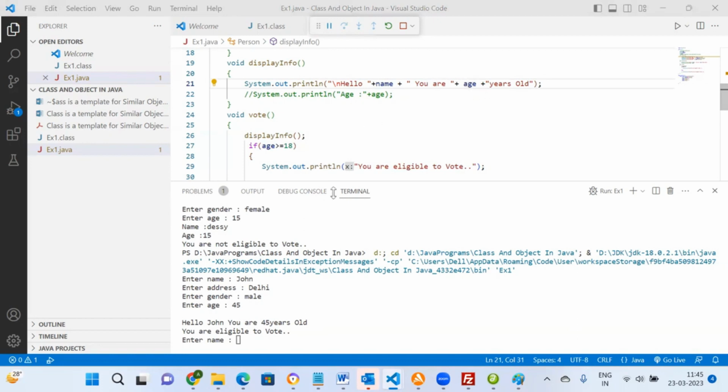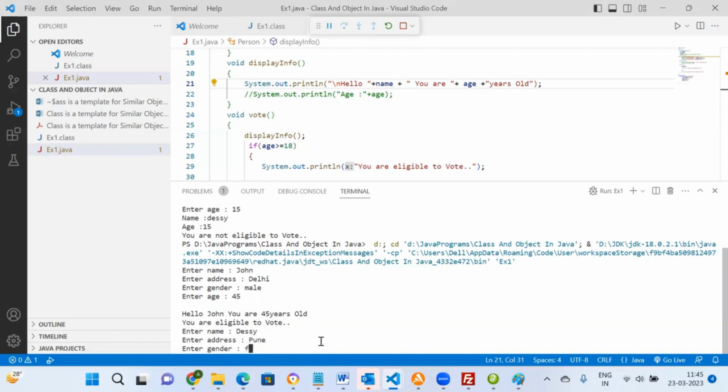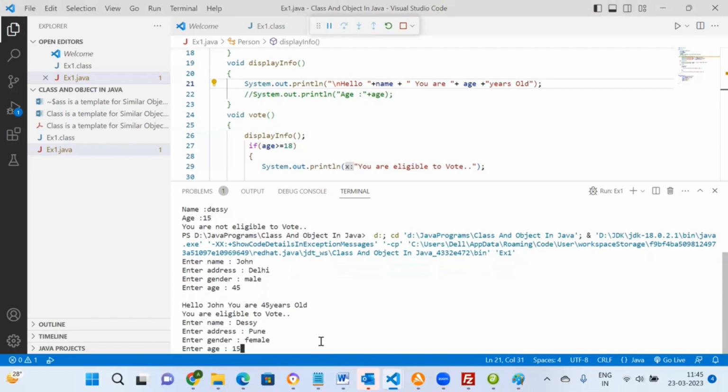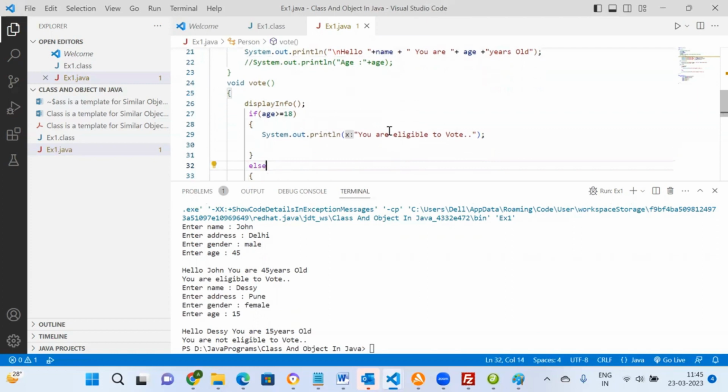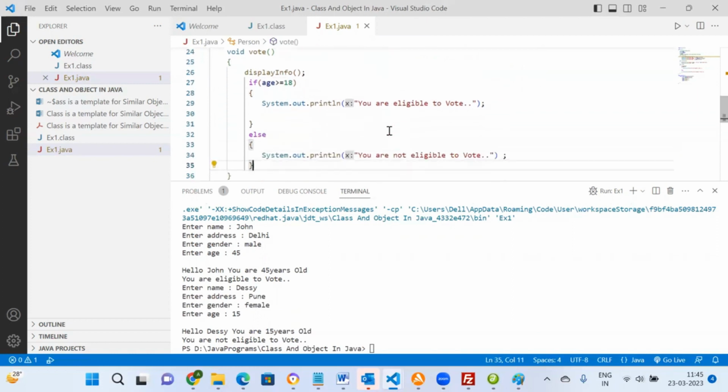यू आर 45 years old। अब हम लोग दूसरे यूजर की बात कर रहे हैं। दूसरे यूजर का नाम है डेसी, एड्रेस है सपोज पुणे, जेंडर है सपोज फीमेल, एज है सपोज 15 years। ये बता रहे हैं हेलो डेसी यू आर 15 years old, यू आर नॉट एलिजिबल टू वोट। यहाँ पर इस पर्टिकुलर सिचुएशन में जो कंडीशन है ये फॉल्स हो जाएगा और हमारा एल्स पार्ट में चला जाएगा। तो दिस इज हाउ वी क्रिएट क्लास एंड ऑब्जेक्ट इन आवर प्रोग्राम।